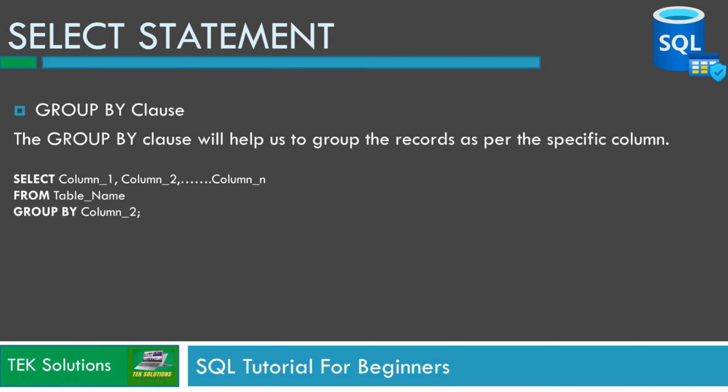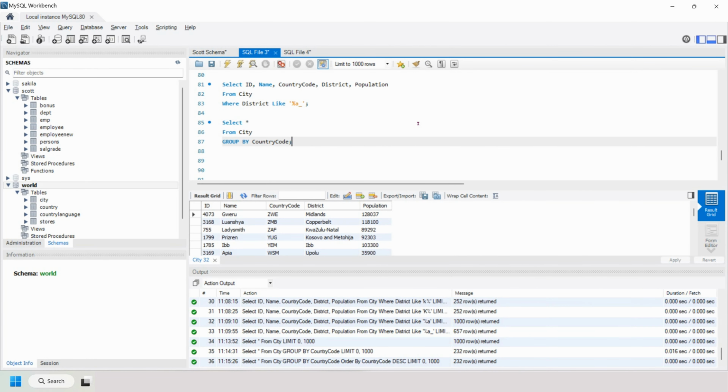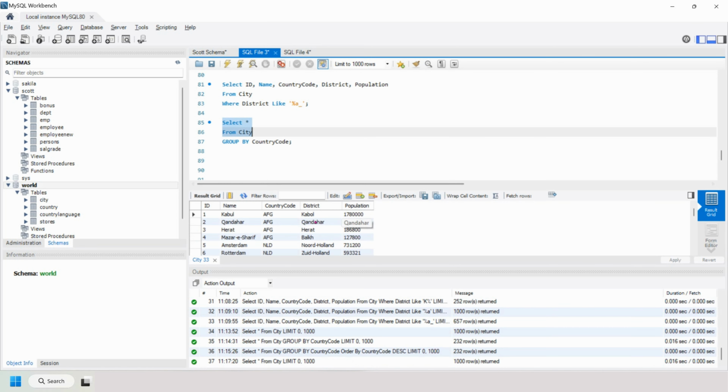Here we will use the city table for our group by clause. We have select star from city. If we execute it, it will give us the results